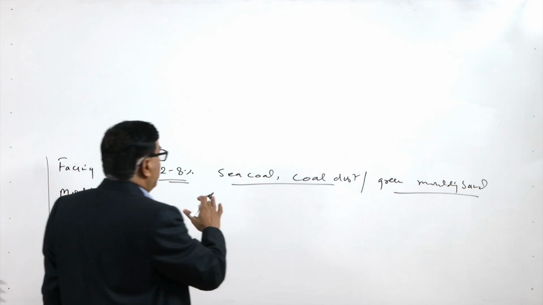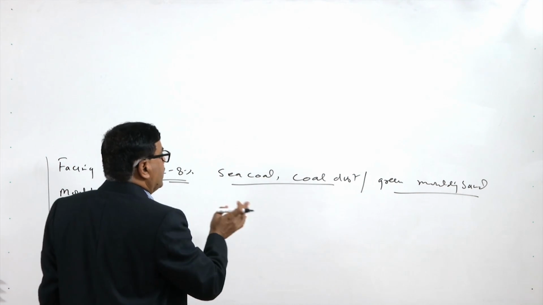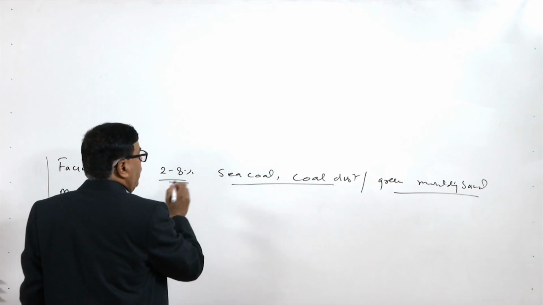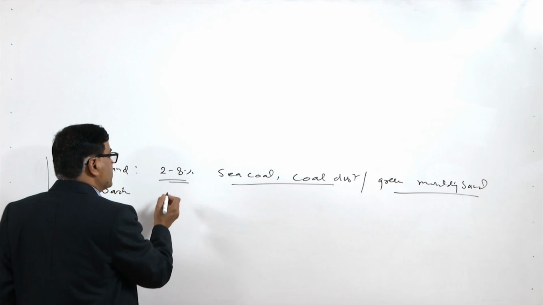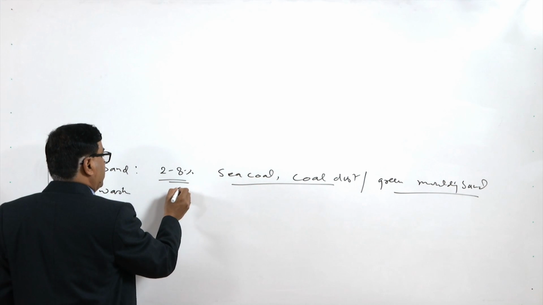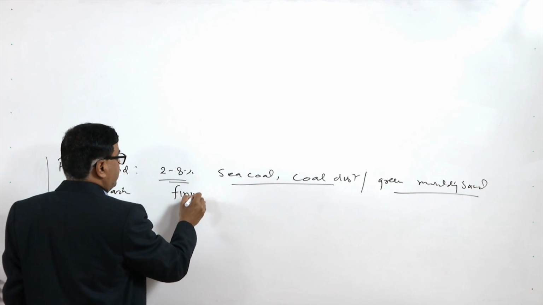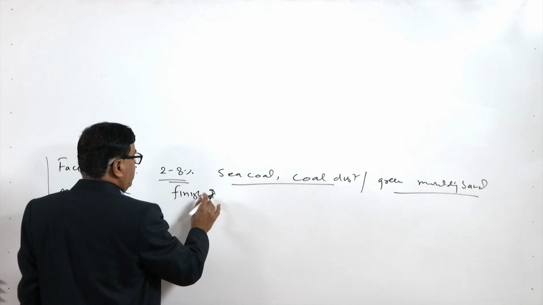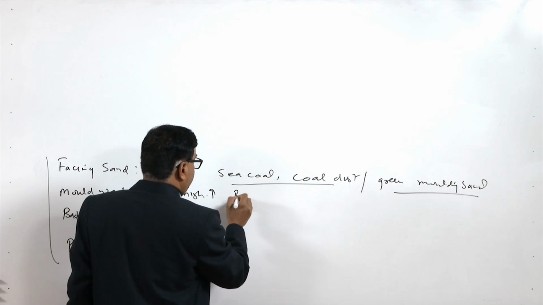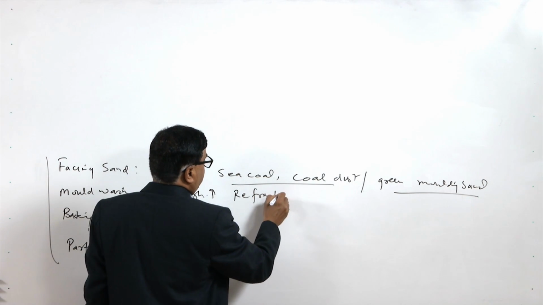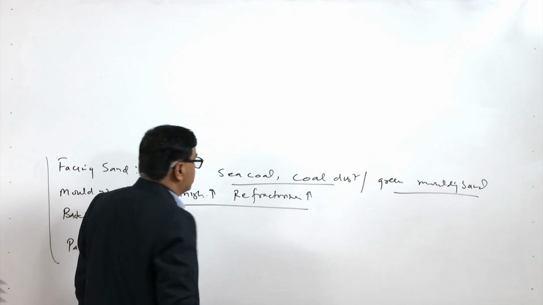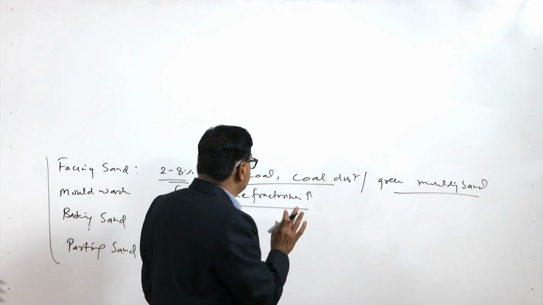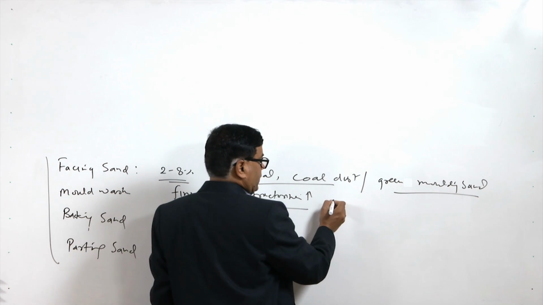and they will be next to the pattern. So, they form the desired, basically these are very fine in size. So, basically the mold surface finish is good, refractoriness offered by the facing sand is high. So, because of these two characteristics, the casting